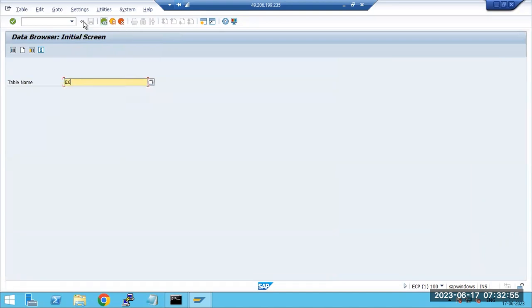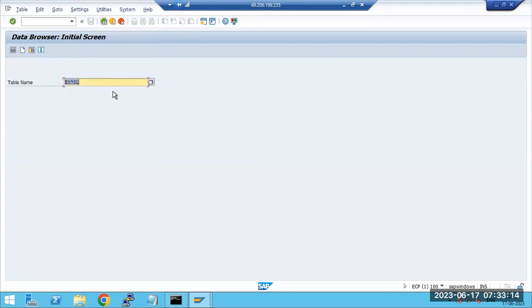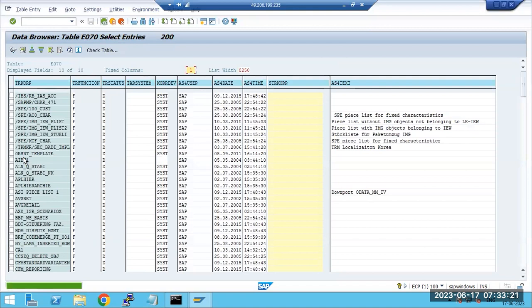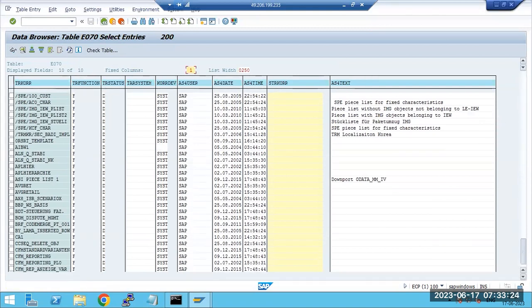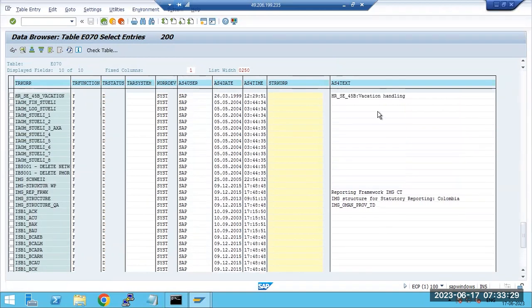Then we have the E070 tables: E070K, E070L, E070. The transport request number series starts with this. The transport requests which are there in the system will all be here. Every transport request you create will be in the E070 tables.